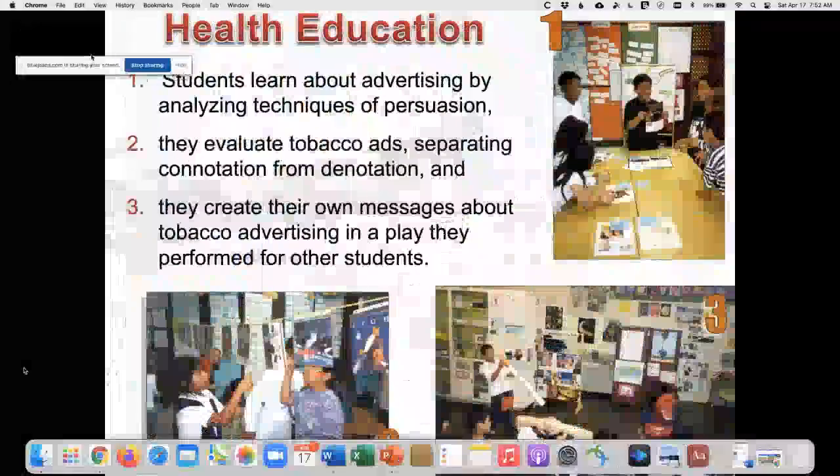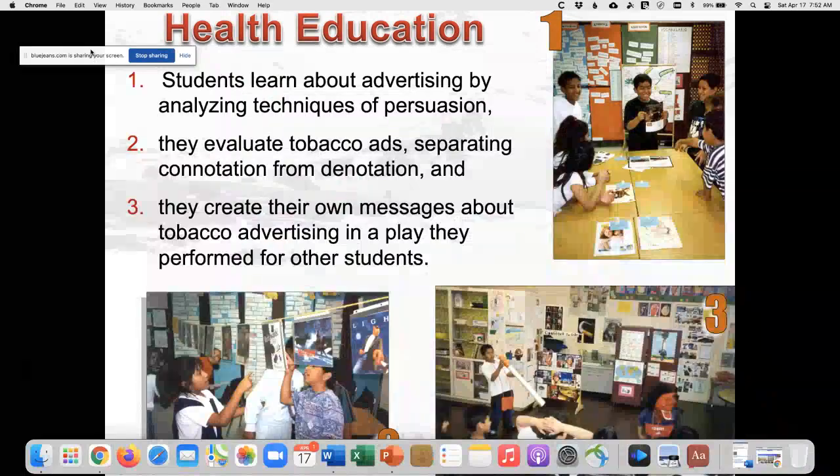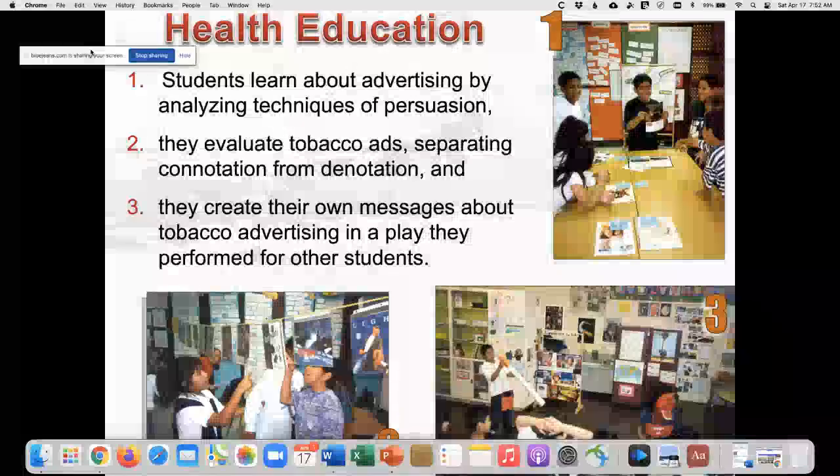And lastly, what I want to share with you are just examples now of what this looks like in schools, in elementary schools. So these are some pictures from my classroom when I was teaching 4th grade in an elementary school in downtown Los Angeles. All the students are second language learners. This was actually a bilingual classroom.